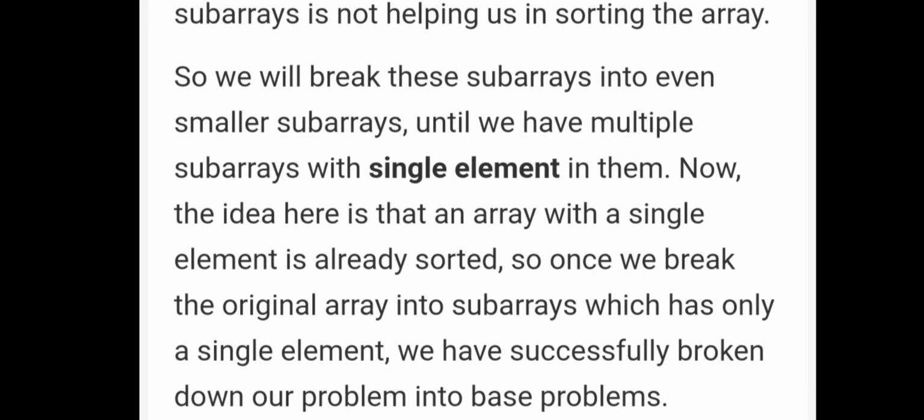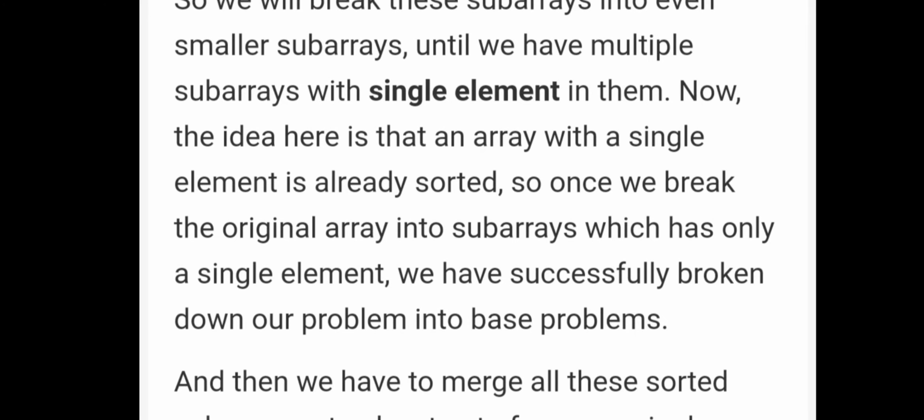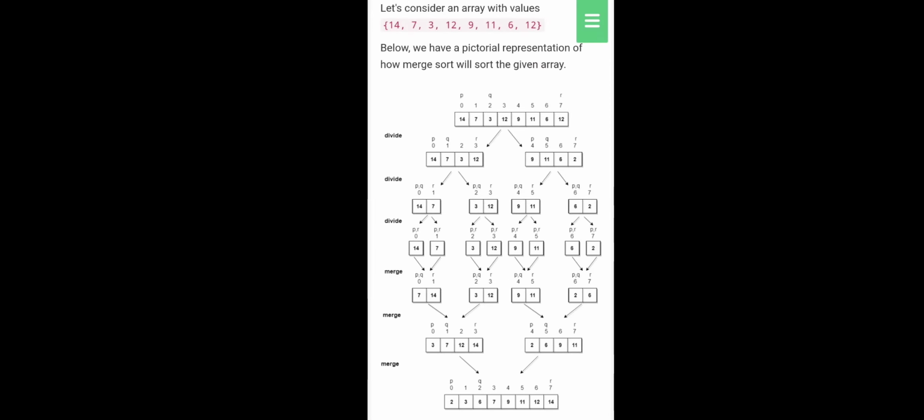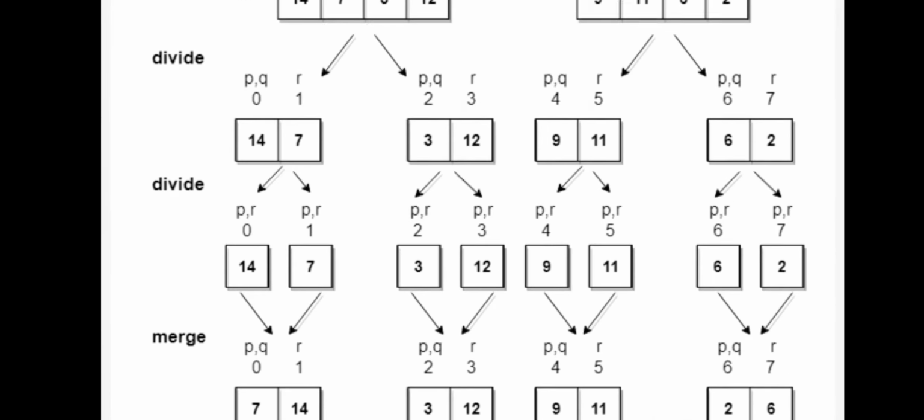Now the idea here is that an array with a single element is already sorted. So once we break the original array into subarrays which have only a single element, we have successfully broken down our problem into base problems, and then we have to merge all these sorted subarrays step by step to form a single sorted array. See, this is an example of